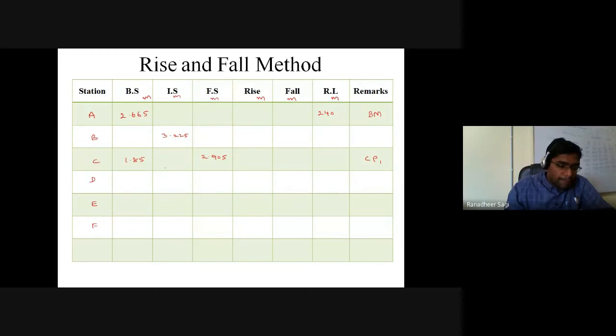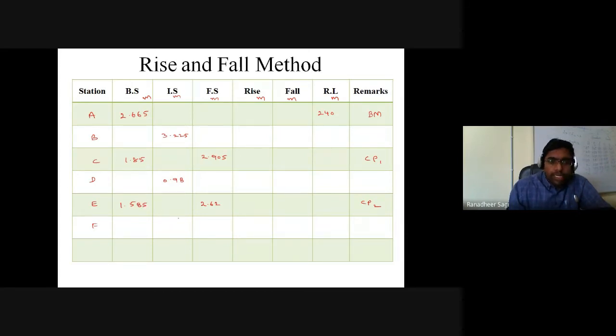1.85 meters. And it is said after sixth reading, there is a shift in instrument. So your fifth reading is going to be the intermediate site reading, and sixth reading comes under your foresight reading, 2.62. And after sixth reading, it is said there is a change in the instrument station. So I'll call it change point 2. Then seventh reading comes under your backside with respect to your point E position only.